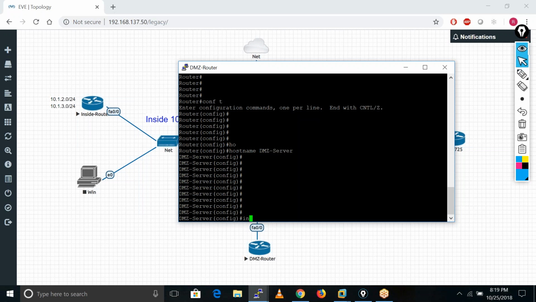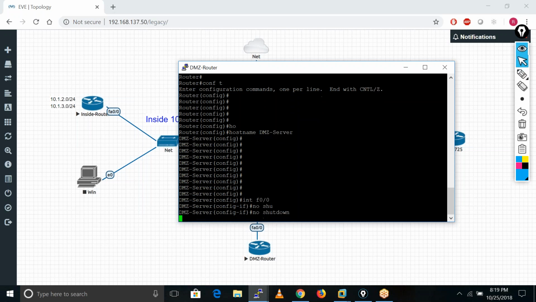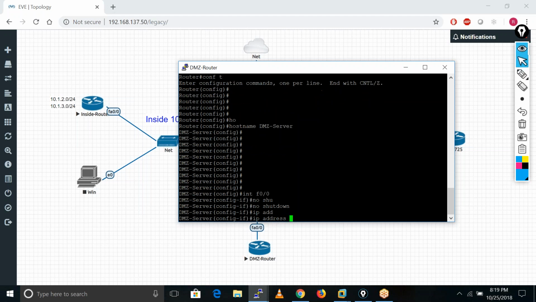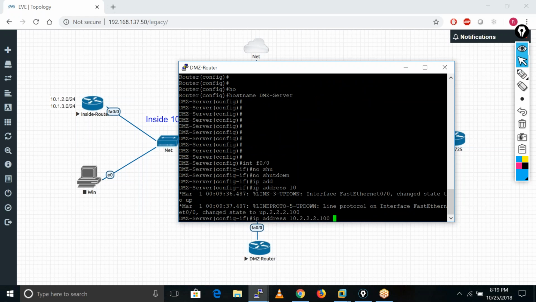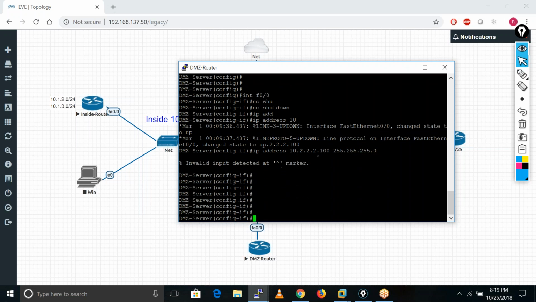I configure the interface, no shut, and the IP address, which is 10.2.2.100, 255.255.255.0. I had added an extra one here, so I just corrected it.